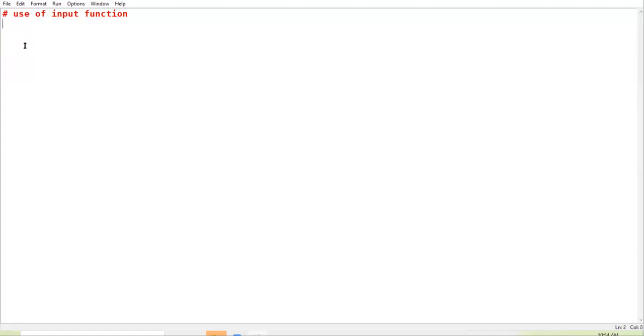Okay, let us start. First, I have principal. So I am indicating my principal with variable p. You can take any variable you want. I am taking p variable equal to input function bracket, write a message here asking the user to input the value from the keyboard. So I am writing the message, enter the value of principal.